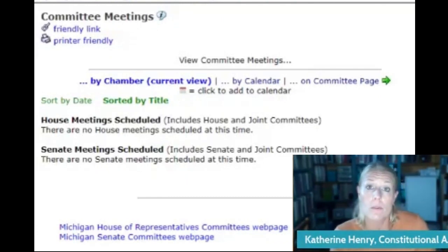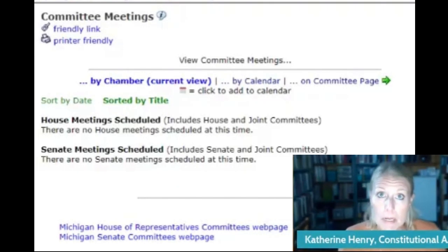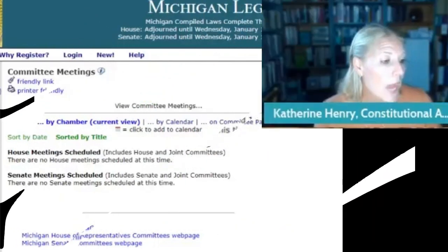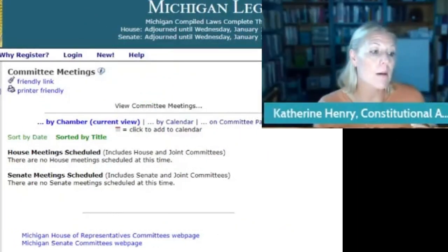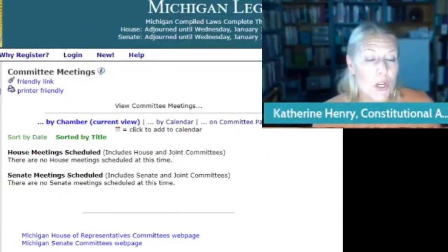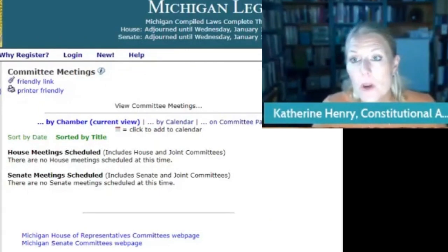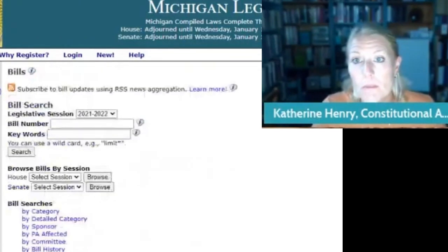So if you want to go and provide public comment, if you just want to observe the committee meeting, if you want to learn how things are done, or if you just want to learn more about what each committee does, that would be a perfect opportunity to get that information. I want you to look at what bills they have sponsored. So that's where I'm going to bring us back to the bills